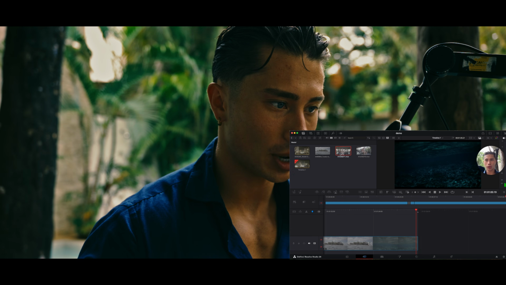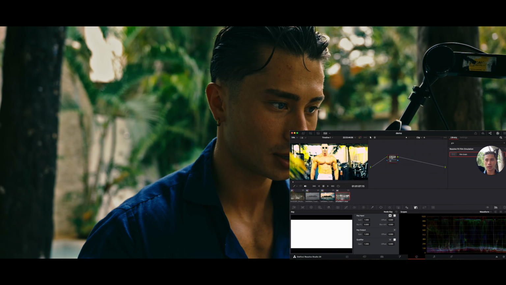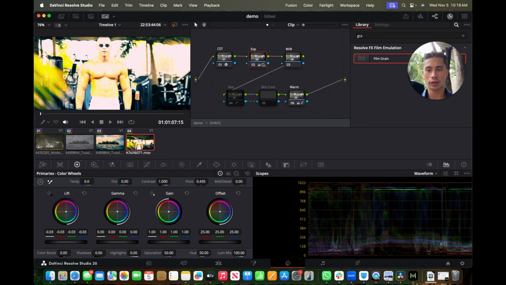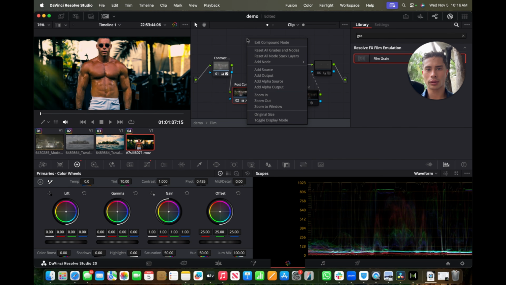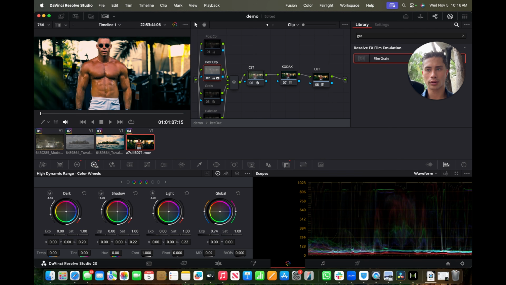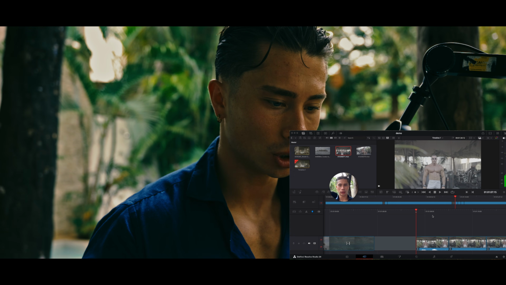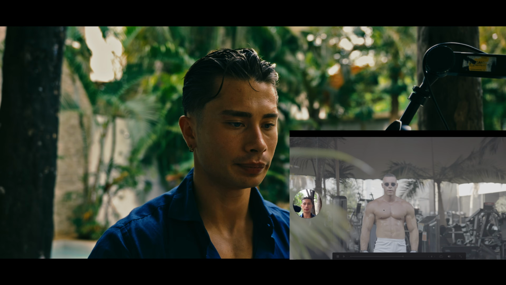And then just to show you how powerful a power grade such as this is, I'm literally just gonna copy and paste and then make a few key adjustments. And I'm gonna decrease, and there you go. That's how you would use a successful power grade. So now let's look at what we've done here. So we've got log footage here, and if I press play,